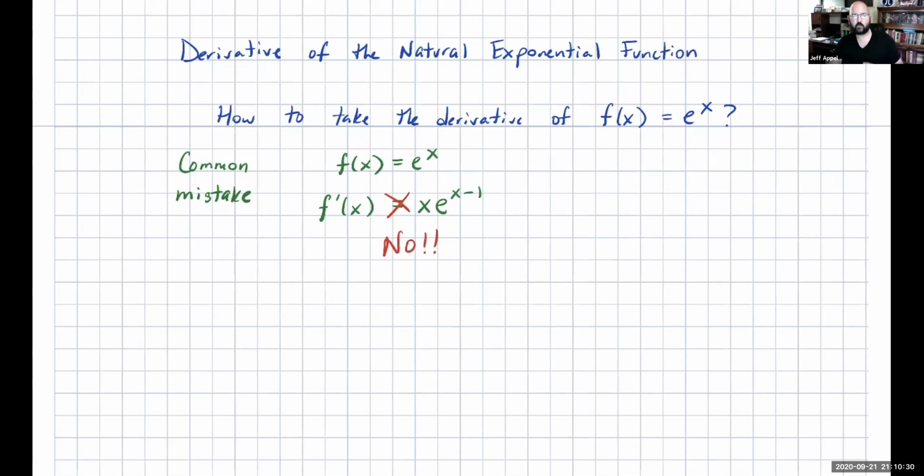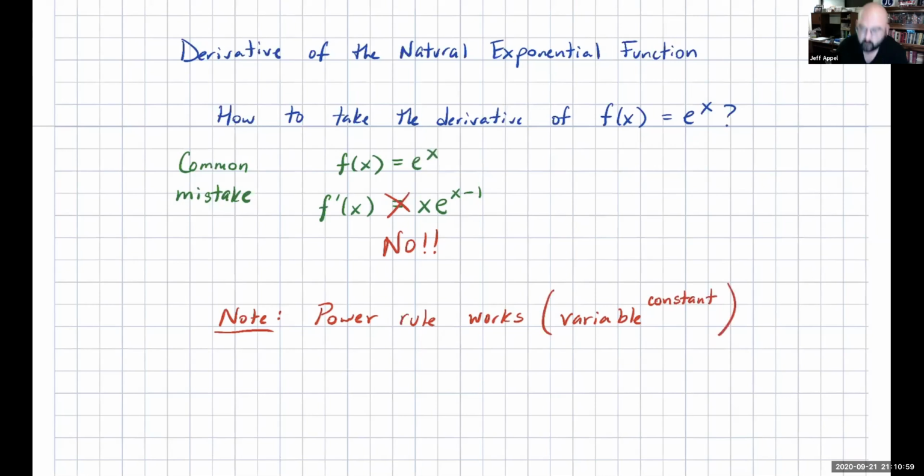The power rule works when x is your base and you have a numerical value as your power. All right, so just as a side note here, I won't even say x. I'll say the power rule works when you have a variable raised to a constant. All right, so if it's your variable raised to a constant, e to the x does not fit